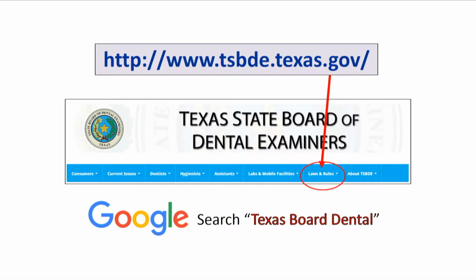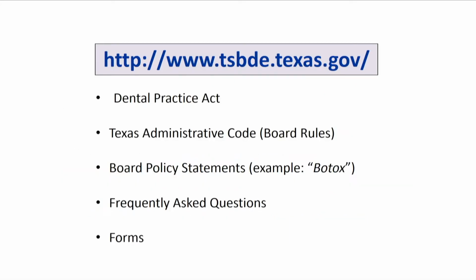Any combination will take you to the Texas State Board of Dental Examiners website. On that website, there is a link in the top bar that specifically says Laws and Rules. At that location, you'll find the Dental Practice Act, the Texas Administrative Code, which is also known as the Board